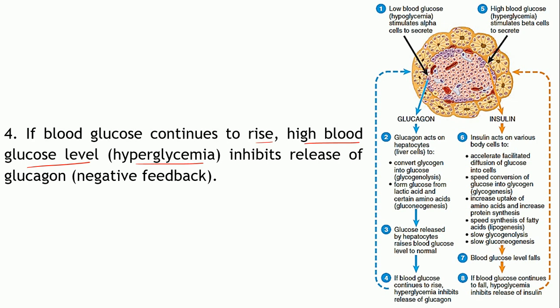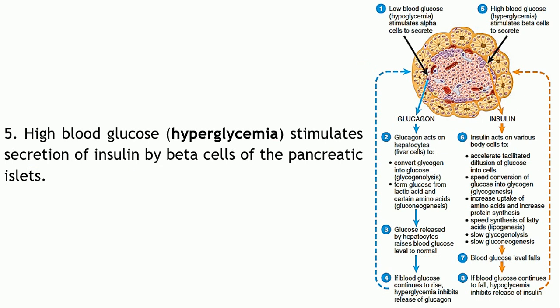So what will happen now? If the blood glucose level goes above the normal range, what will happen? It will have a negative feedback effect on the release of glucagon. So it will inhibit the release of glucagon. Due to the decrease in the glucagon level, what will happen to these processes? These processes also will get inhibited. So the blood glucose level, which was high over here, will be lowered. It will come back to normal by the feedback mechanism. So that's how the release of glucagon is controlled.